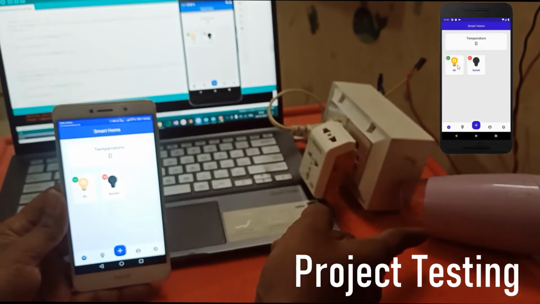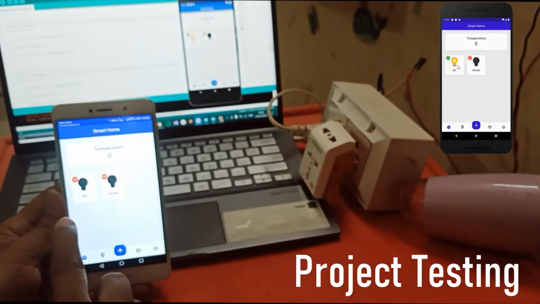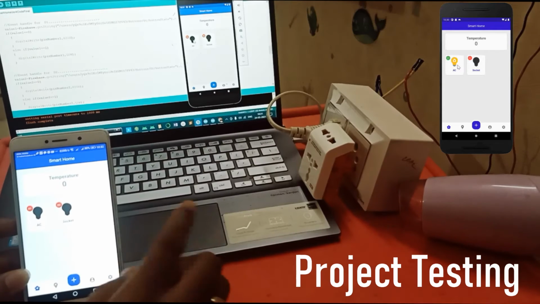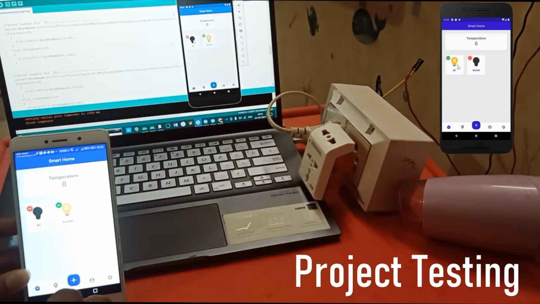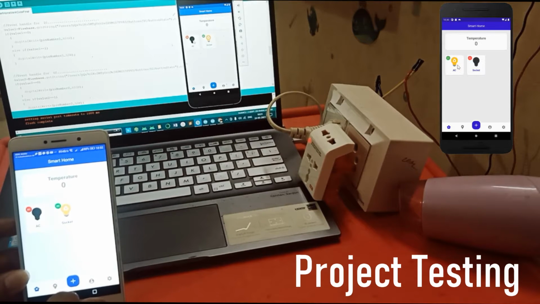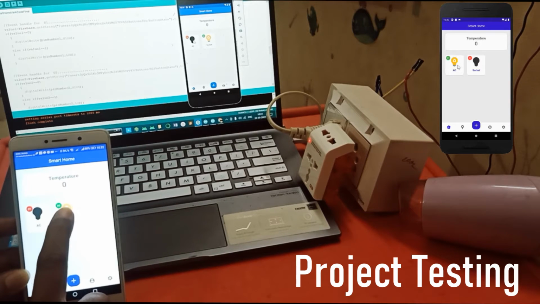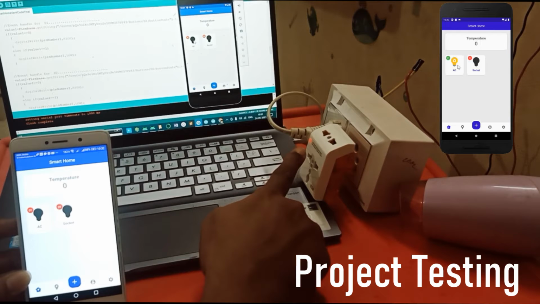See, I have switched on relay 1, and it is switching on and off. Similarly, relay 2 also I am able to control over the internet. We can control our home appliances from anywhere in the world.